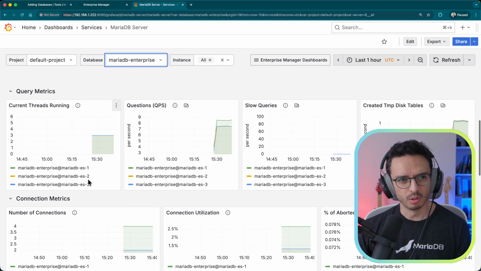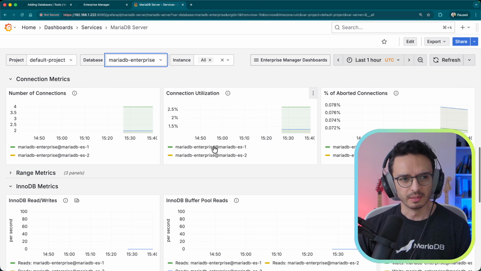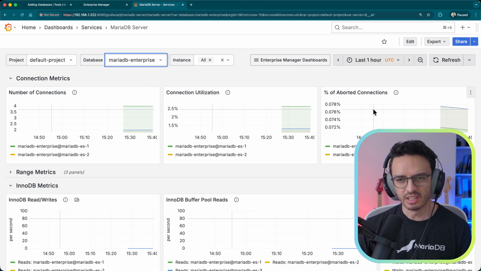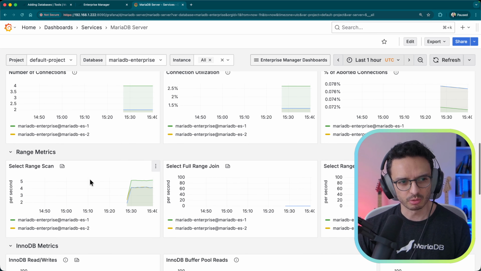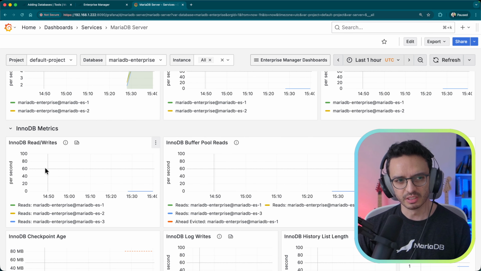Query metrics, so we have the number of threads, your throughput in terms of queries per second, that's pretty cool. Slow queries. In terms of connection metrics, you have the number of connections, the utilization of these connections, aborted connections. There are even some range metrics for your queries, it's pretty cool, and also metrics specific to